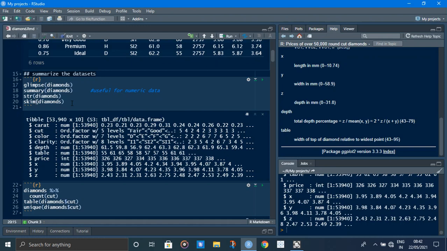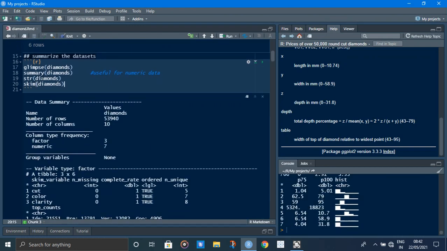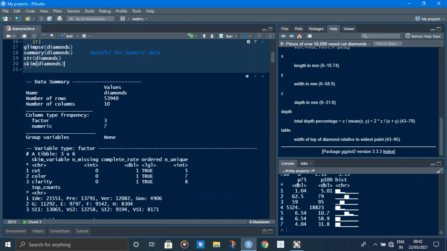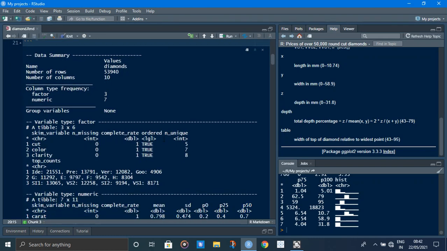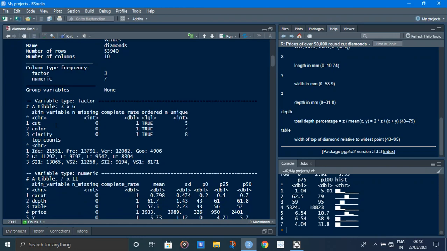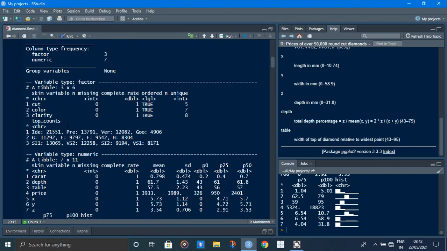Next function is skim. Data summary, name diamonds, number of rows 53,940, number of columns 10, column type frequency: factor 3, numeric 7. Factors means a group of numeric and character data. Here further details are described.